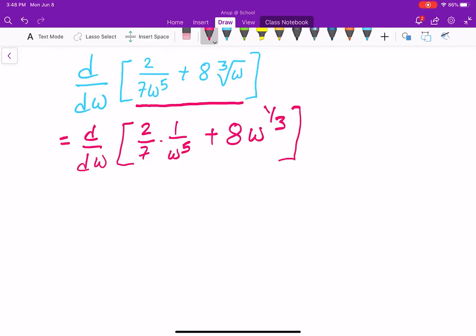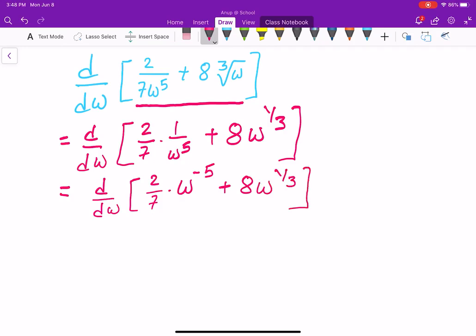So let's do that, and then I can rewrite this as 2 over 7 times 1 over w to the power 5, which can be written as w to the power minus 5 if you want to change it into the negative exponent, plus 8 times w to the power 1/3. Why am I writing it in this form? You can clearly see, if I write it in this way,